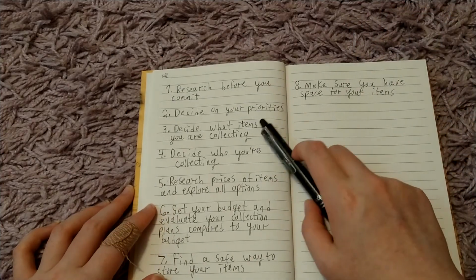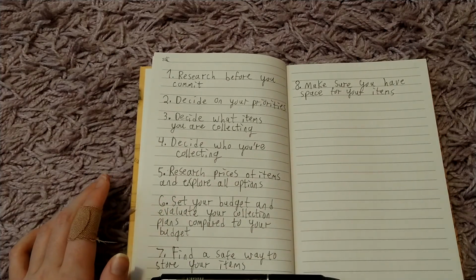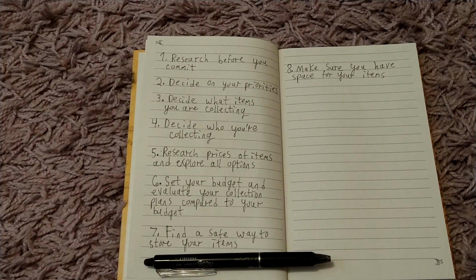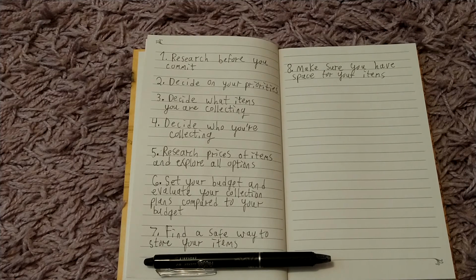So, making sure you have space for your items. It's similar, but if you're collecting long term and you're collecting a lot of things, you don't necessarily need a lot of space when you're starting out, but as you start accumulating albums, you're going to need a couple shelves worth to store them. Bookshelves make good storage spaces. Drawers can, really just anywhere that you can put them, but make sure you have the physical space for it,